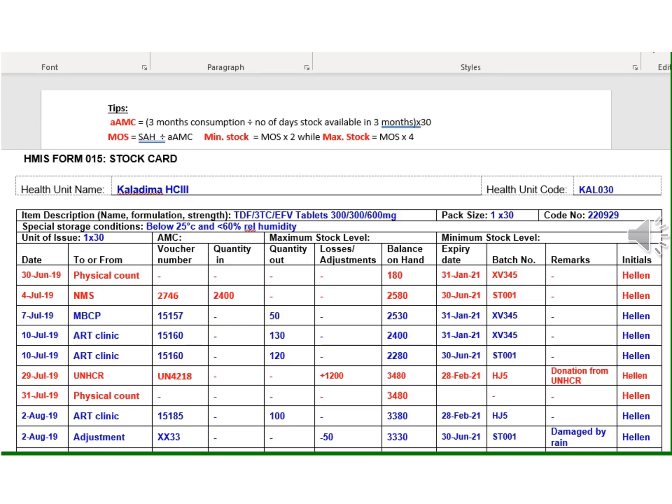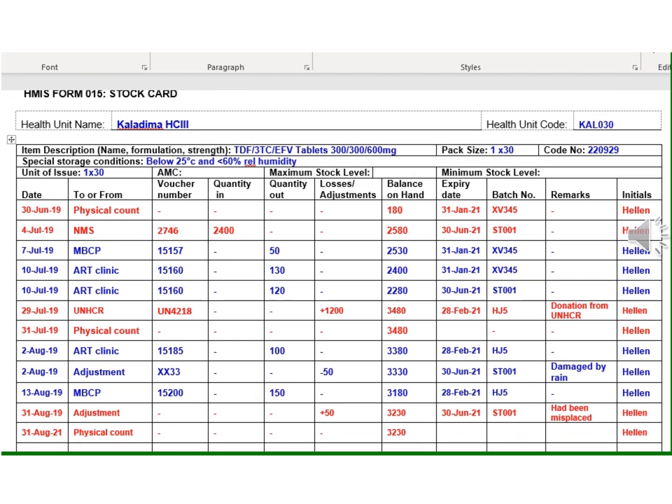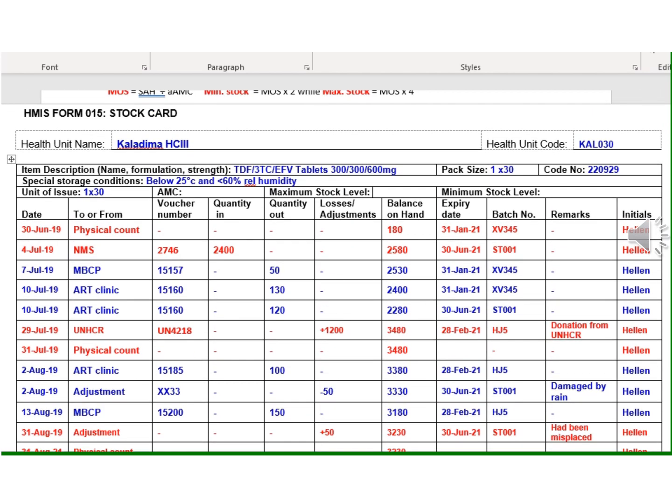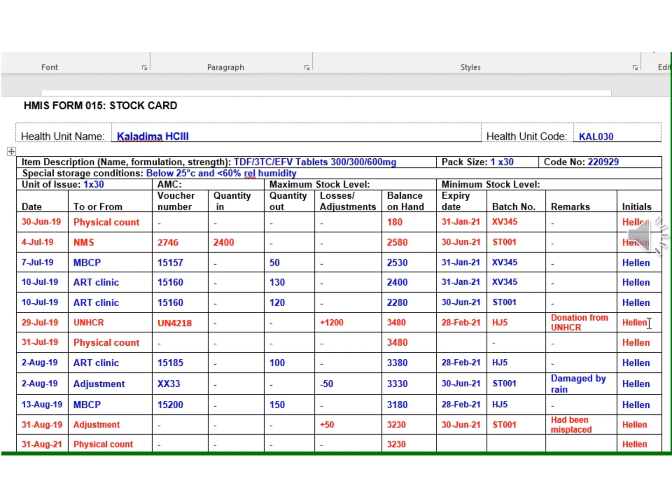Welcome once again. We've talked about a StokoCAD. We've seen how a StokoCAD is filled, but for recap, just in case you missed our first session, a StokoCAD looks like this. You have the name of the facility, you have the health unit code, which is unique